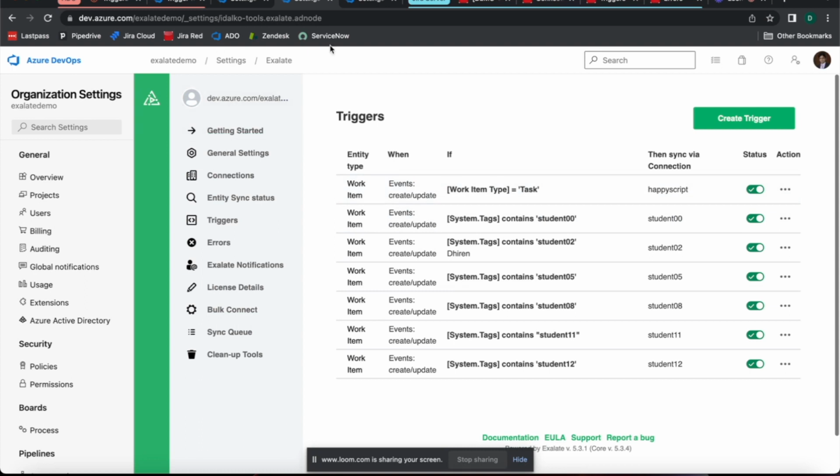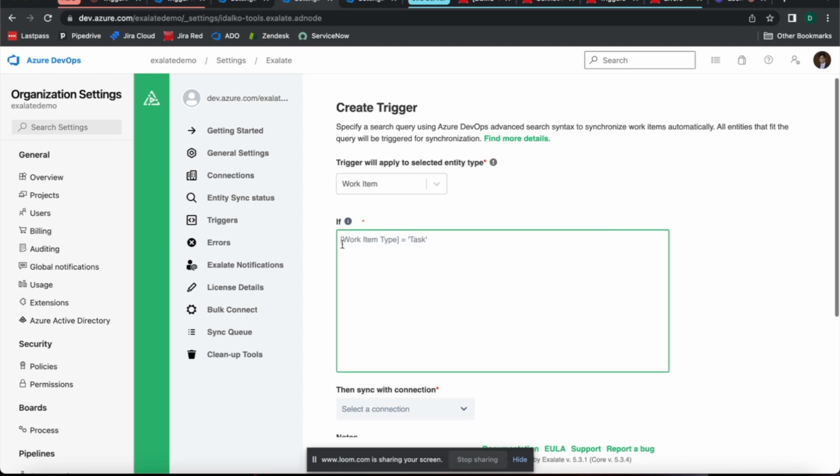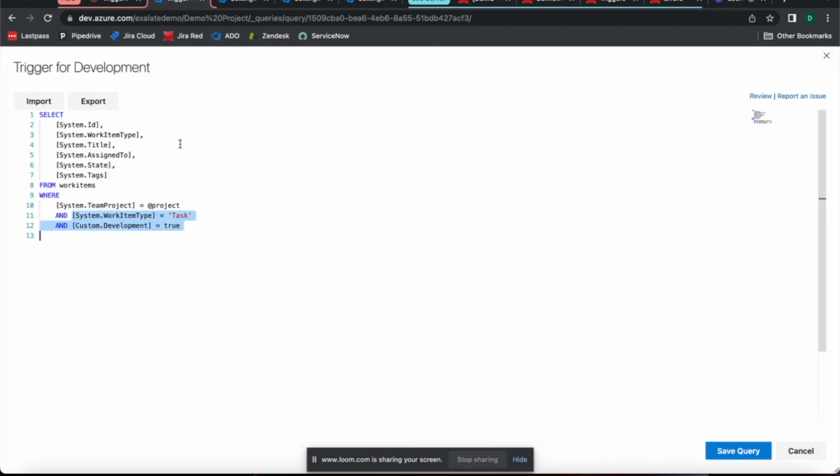So now I can create a trigger. For creating a trigger, I just need to click this button. It will show me that the trigger will apply to the selected work item entity or the entity type. So in this case, it is a work item in case of ADO. In case of Jira, it will be an issue. Right? So this is the place where I need to write the query or the logic in. So what I will do is I will just copy paste this part and paste it here,